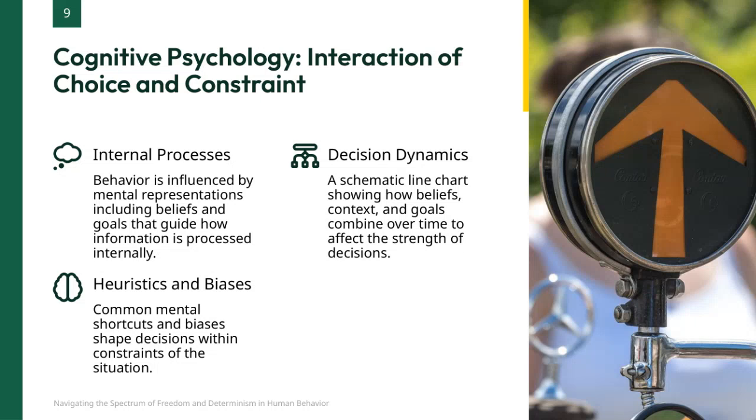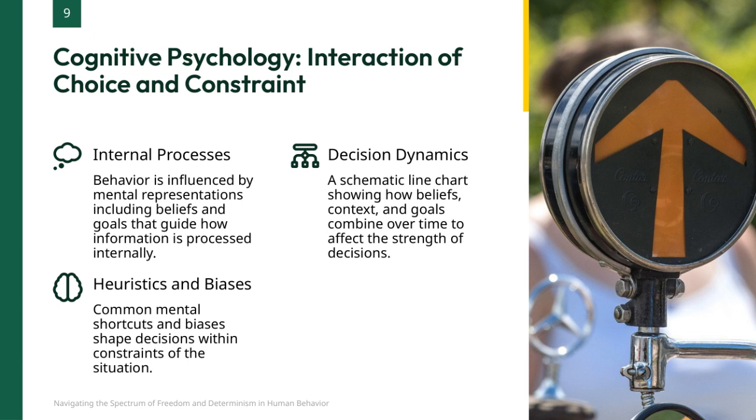Here we explore the interaction of choice and constraint through the lens of cognitive psychology. First, internal processes play a crucial role. Our behavior is shaped by mental representations, like beliefs and goals, which guide how we process information internally. Moving on to decision dynamics, this involves how our beliefs, context, and goals combine over time, influencing the strength and